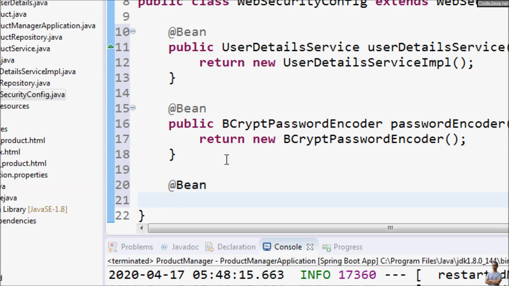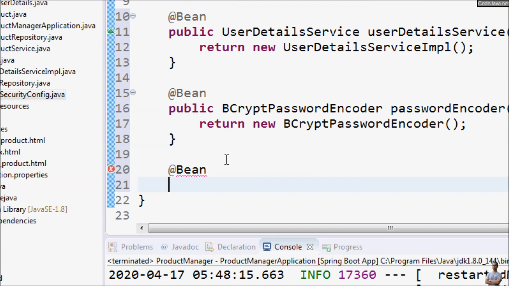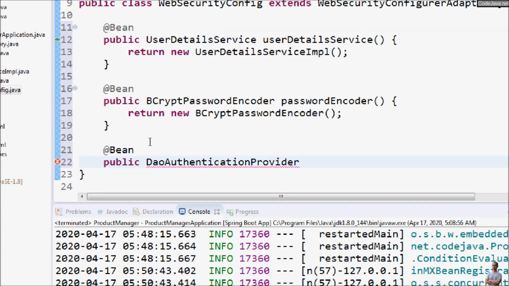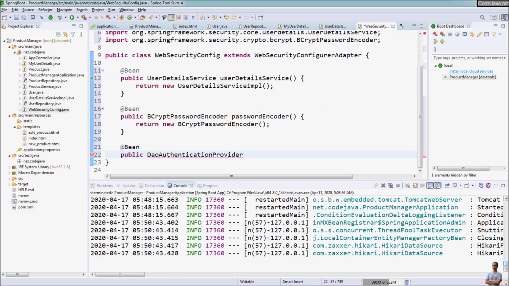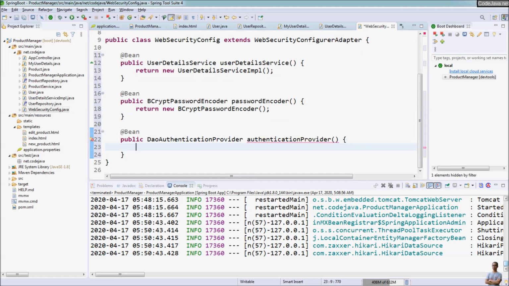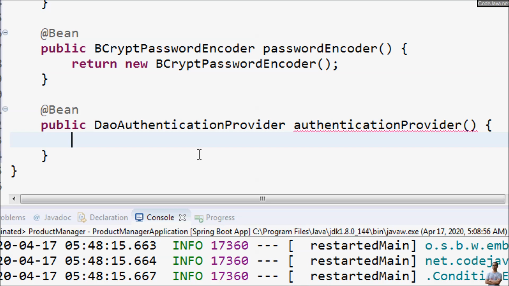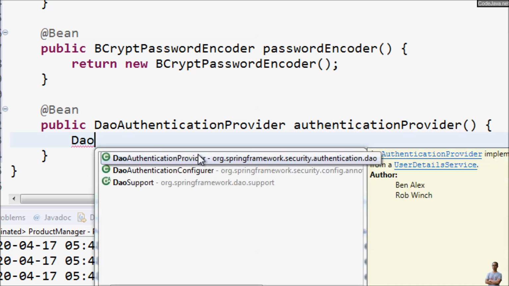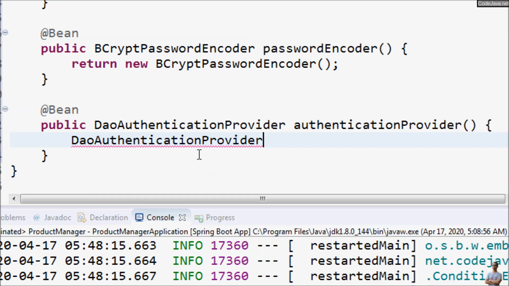And next, we declare a bean for DaoAuthenticationProvider. Public DaoAuthenticationProvider authenticationProvider. And in this method, we create a new instance of DaoAuthenticationProvider: authProvider equal new